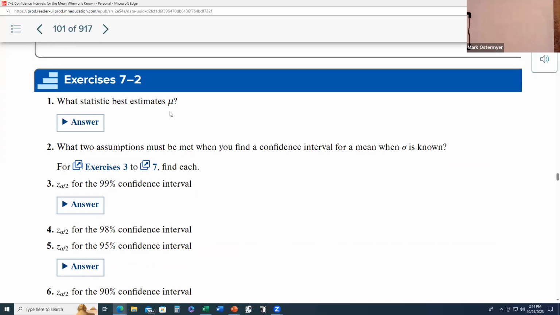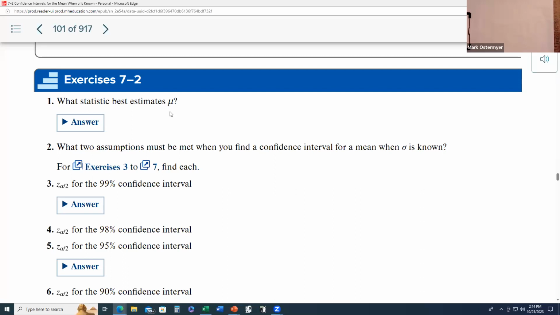Remember, I indicated if I have no better guesstimate of an unknown population mean, what could I use as a surrogate guesstimation of what the unknown population mean is? A rough guesstimate. Anybody remember? What could I use as a point estimate for the unknown population mean? I could use the mean of a what? The mean of a